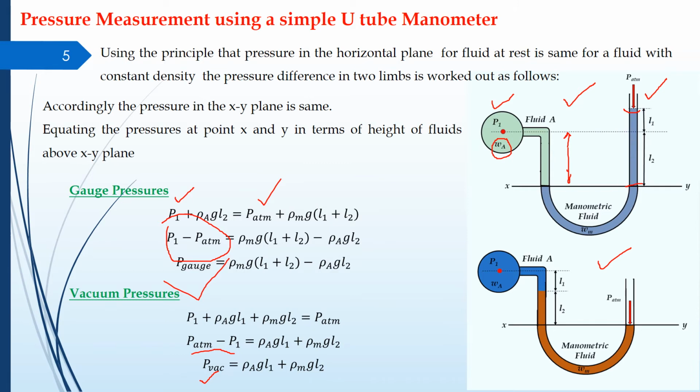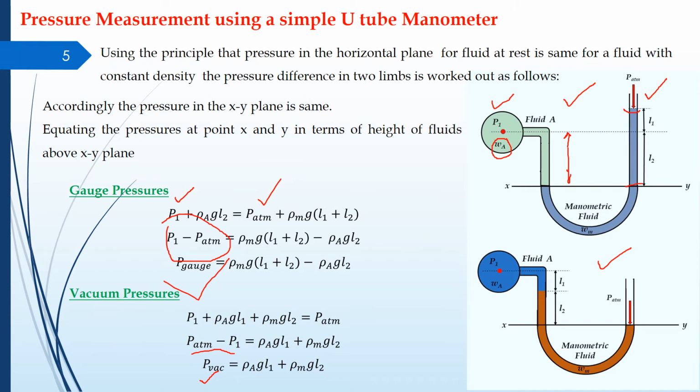See, we know that whenever the atmospheric pressure is less than the absolute pressure, suppose we have P1 over here, it certainly means that the pressure will be gauge pressure, because absolute pressure minus atmospheric pressure will give you a positive value, and the positive value is denoted by gauge pressure. So if P1 minus P atmospheric is positive, which means P1 is greater than P atmospheric, it is applying some pressure and trying to push this liquid level to the other side. So this will be the case of a gauge pressure.